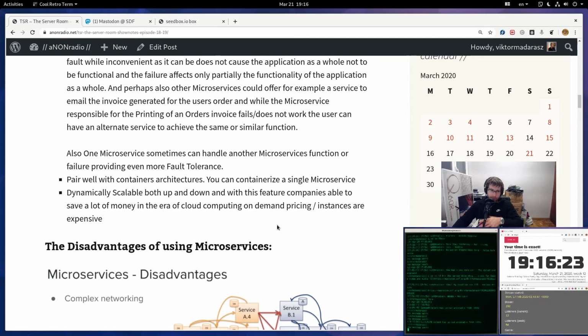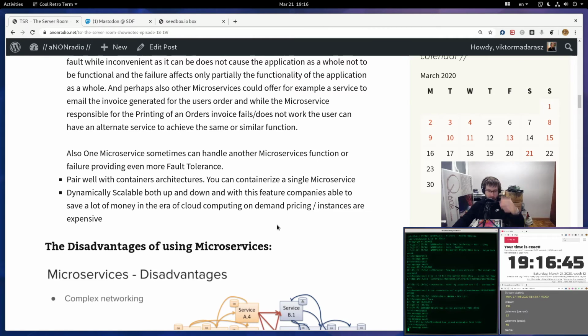They pair very well with container architectures, because you can containerize a single microservice. They are dynamically scalable, both up and down, and with this feature, companies are able to save a lot of